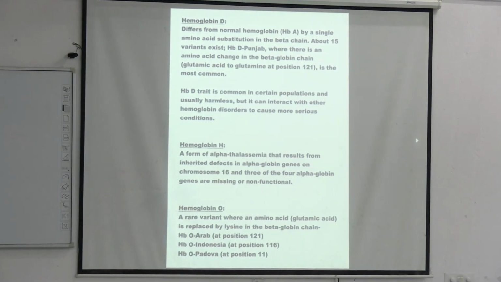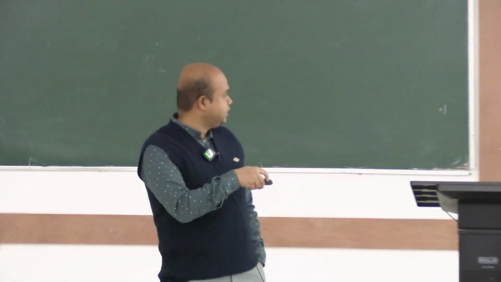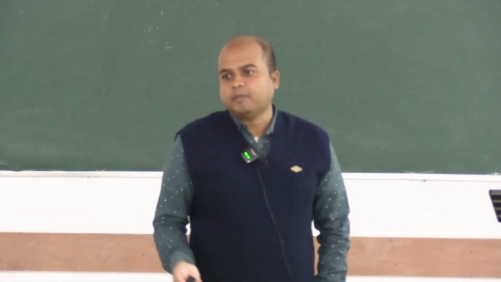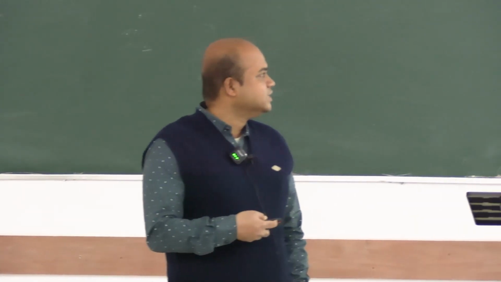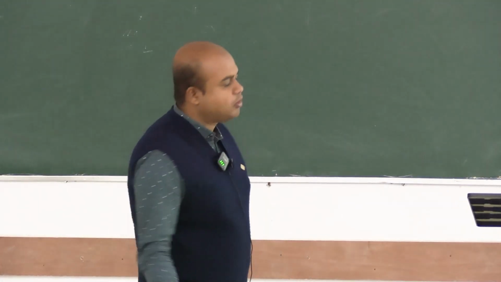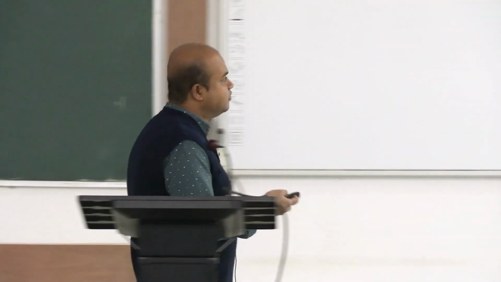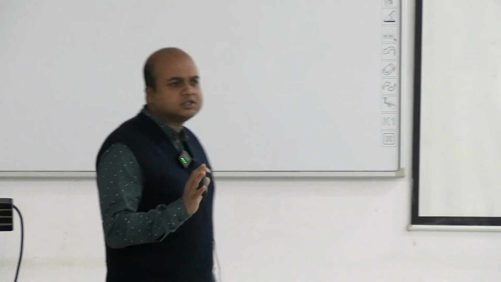Hemoglobin O, again the most common among that is hemoglobin O Arab in that population. It is at, I think, position 121, yes, lysine in the beta globin chain instead of glutamine at 121. All these things are mostly for historical references, but these themselves do not cause